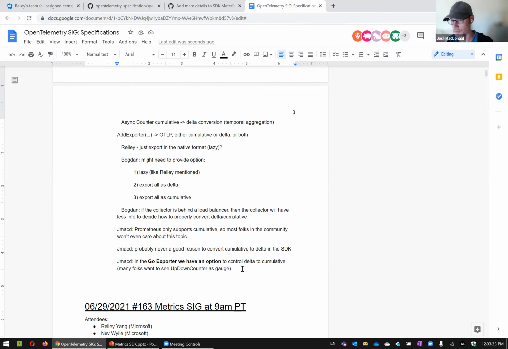I think I'm trying to draw a distinction between counter and up-down counter. Counter, that's the bread and butter of statsd, is that you're outputting these deltas and you can convert them into rates. You don't ever care about the total, and the rates are always going to be correct. It's this case where you drop some deltas for an up-down counter that the total value is now completely unknown. And as long as the user only cares to see the rate of their up-down counter, that's fine.